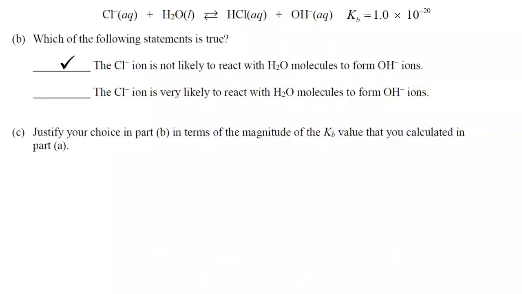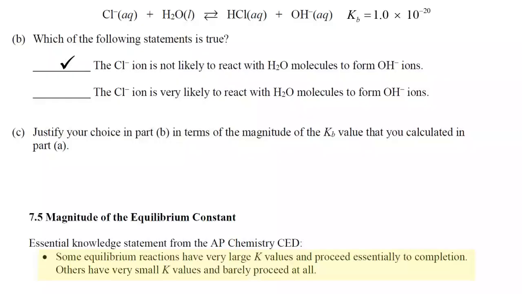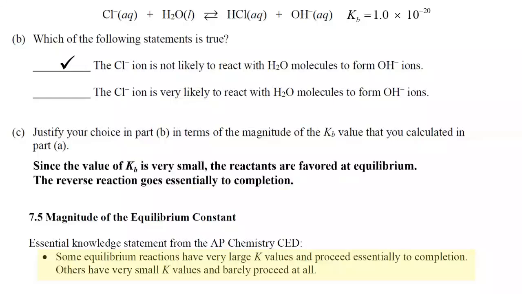So to justify your choice in part B, why is the chloride ion not very likely to react with water as a base to produce a molecule of HCl and the hydroxide ion? Remember that back in Unit 7 on equilibrium, topic 7.5, magnitude of the equilibrium constant, we learned that when K is very large, the reaction essentially proceeds to completion. But if K is very small, then the reaction barely proceeds at all from left to right. In fact, the reverse reaction goes essentially to completion. So the reverse reaction, where HCl reacts with hydroxide to produce chloride and water, that would be favored, not the